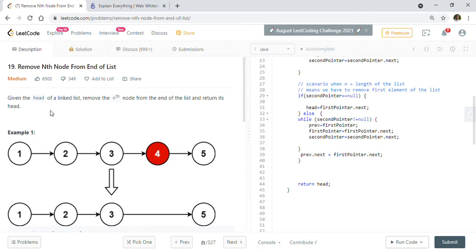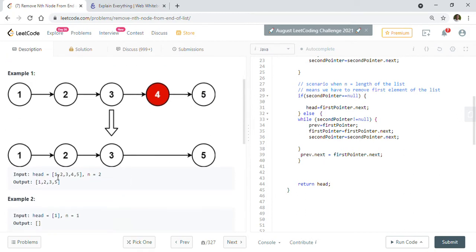So given the head of a linked list, remove the nth node from the end of the list and return its head. So basically we have been given a singly linked list and we are asked to remove the nth node from the end. For example, in example 1, we are given a linked list 1 2 3 4 5, and we are asked to remove the second node from the end, which is the 4, right?